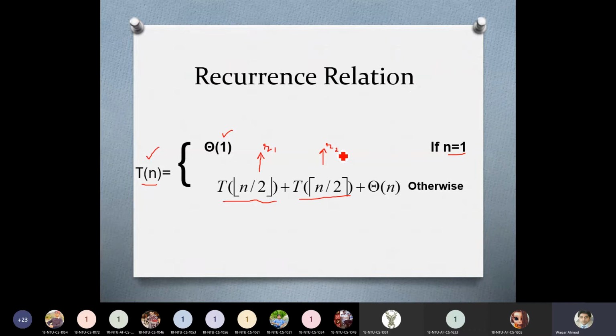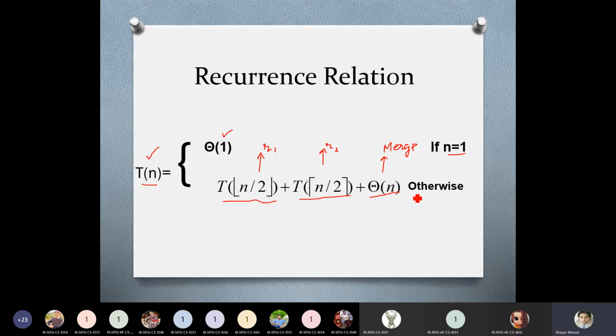Your first recursive call with n over 2 elements, plus your second recursive call, plus the time of merge. This is the time of merge. The third thing which we have here is actually the time of merge.